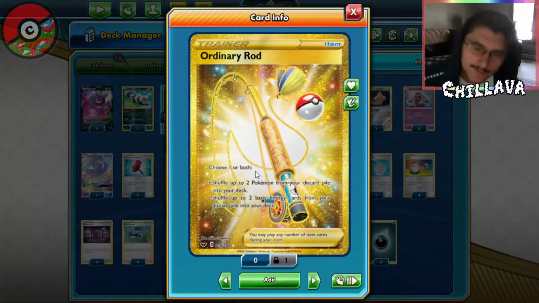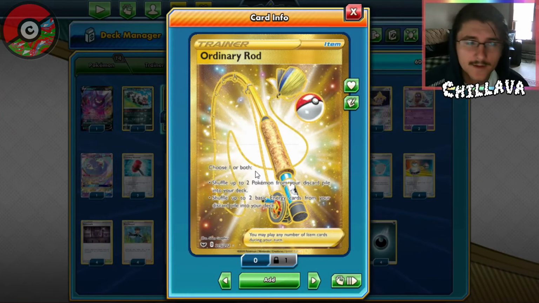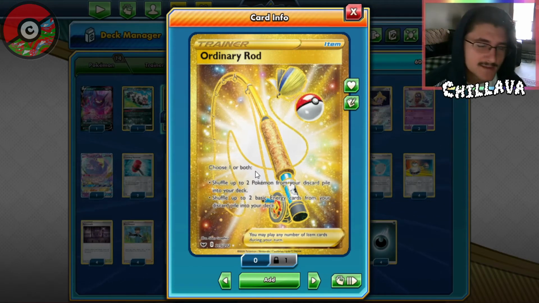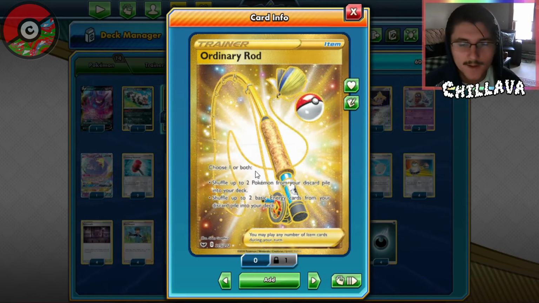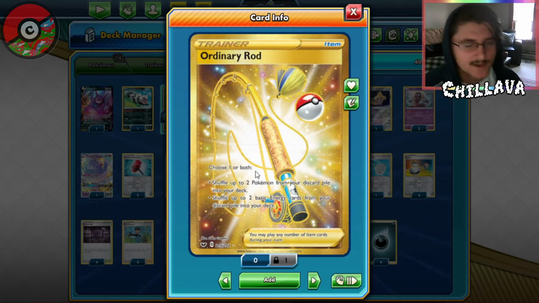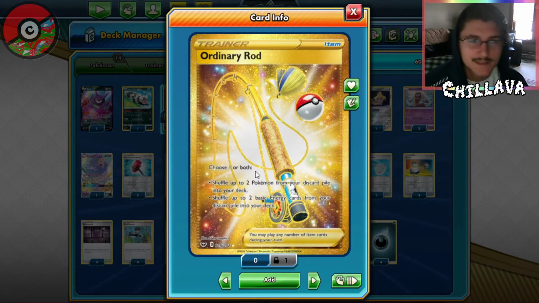And then we run an Ordinary Rod. Of course, we can only run 4 Spiritomb in our deck, and ideally, in a game, we will use 6 Spiritomb, right? Our opponent has to knock out 6 Spiritomb to win the game. So, Ordinary Rod lets us take 2 Pokemon and 2 basic energies back from our discard pile and shuffle them into our deck. Definitely a card that we want to try to use mid to late game,